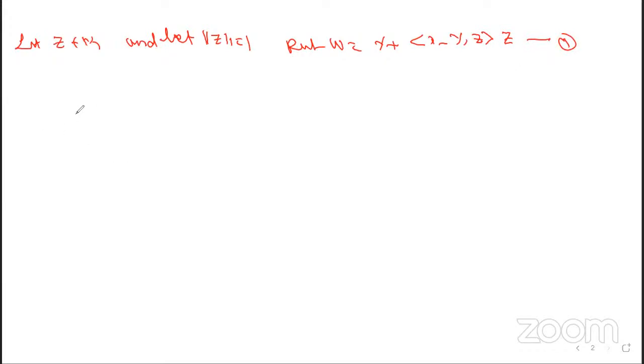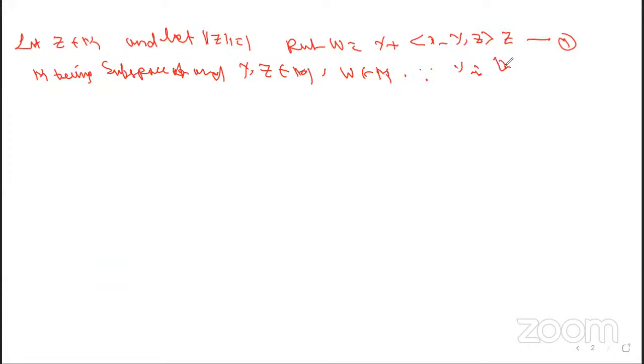So M being a subspace, and Y, Z belong to capital M, we have W belongs to capital M. Since Y is the best approximation to X from M,